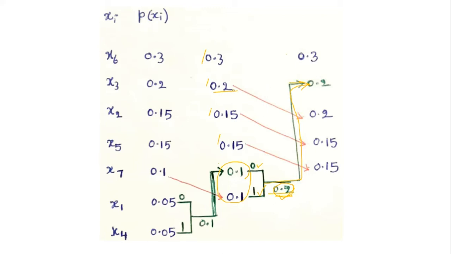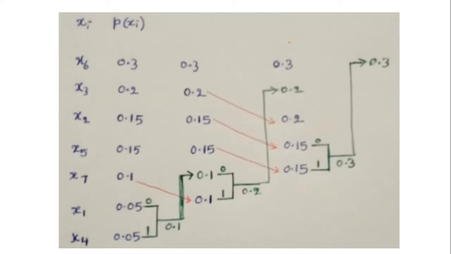We will move here and this corresponding symbol we will push down. Here we will push down, here we will push down. The above symbols will be in the same position, they will not change position. 0.3 will be in the same position. From this list again, the two symbols having the lowest probability we combine to get 0.3. 0.3 we compare with the remaining probabilities. We should move it as high as possible. So 0.3 we move into the position of 0.3.